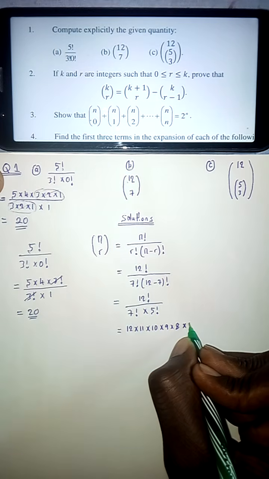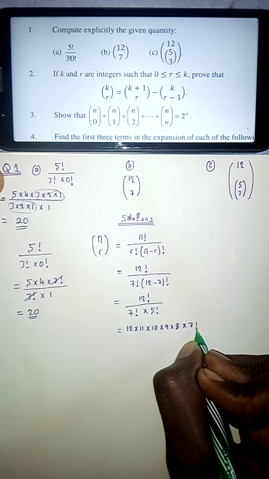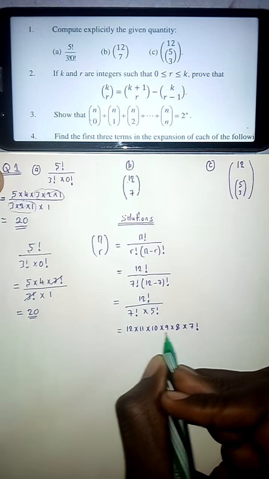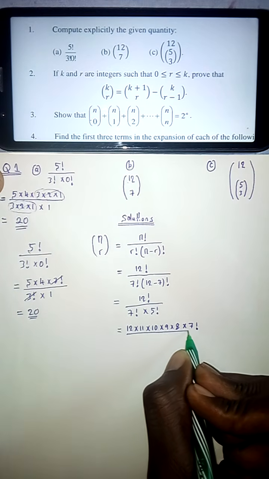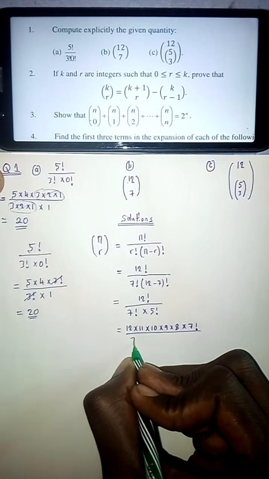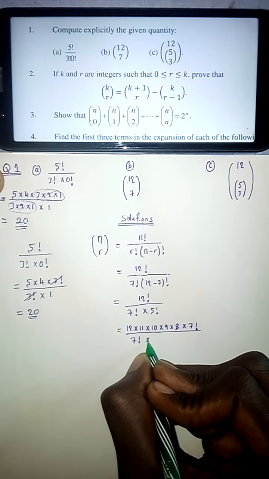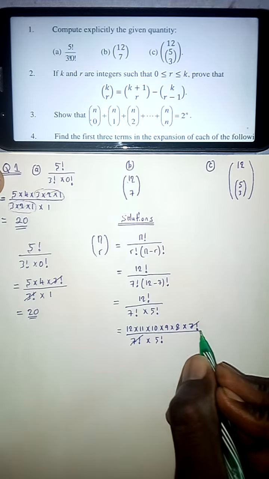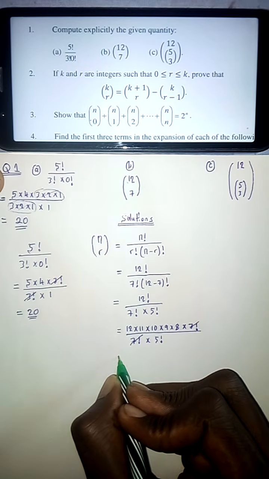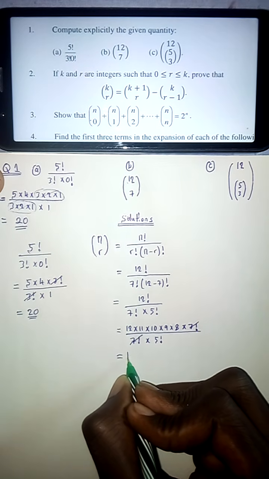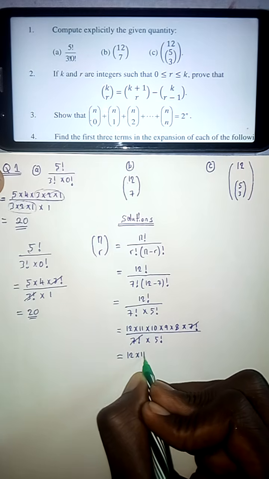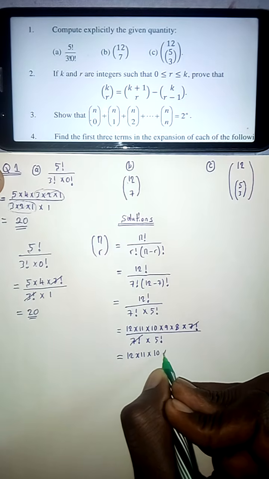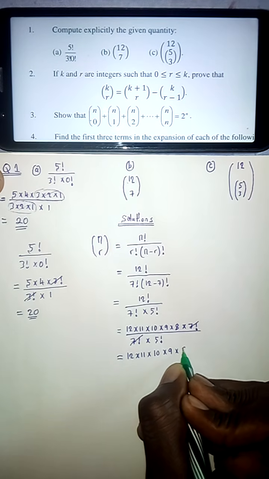If you want, you can stop at 7 factorial here, because you also have 7 factorial down there, meaning that you are going to cancel them out. So 7 factorial multiplied by 5 factorial. So this and this goes, right? So on top there, I'll have 12 multiplied by 11 multiplied by 10 multiplied by 9 multiplied by 8,